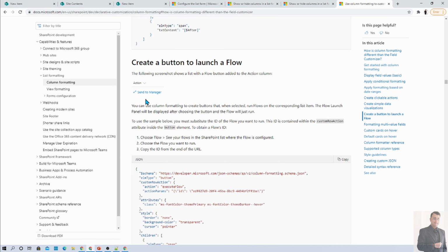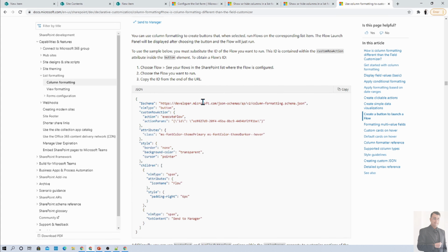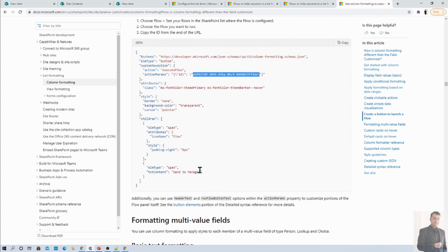I just wanted to trigger my flow on button click. So on a single line of text I use this type of column formatting where you need to use this kind of code and provide the flow ID as a parameter, and that will create this type of clickable action for you, and you are able to achieve the requirement like that.